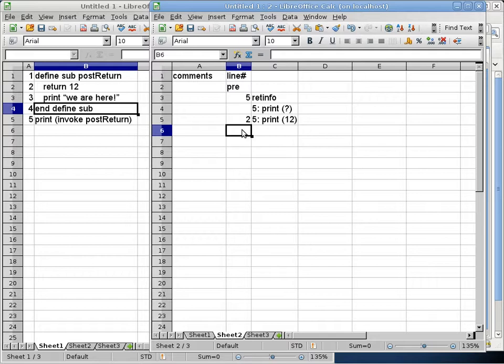Okay, so let me say that again. Go ahead, you had a question. I was going to say, in order to make sure that it actually prints "we are here," you need it before the return statement. Correct. Because in this case, if you write this program in C, line 3 is basically what we call